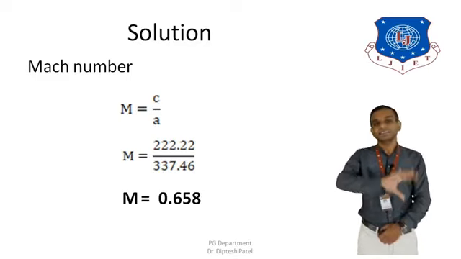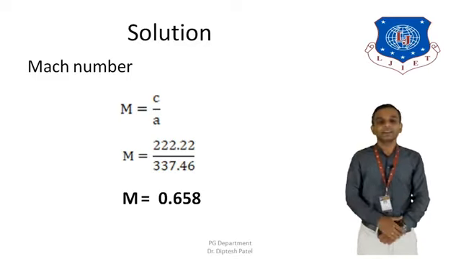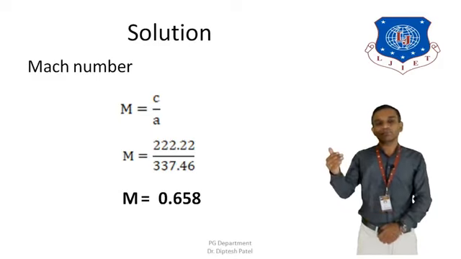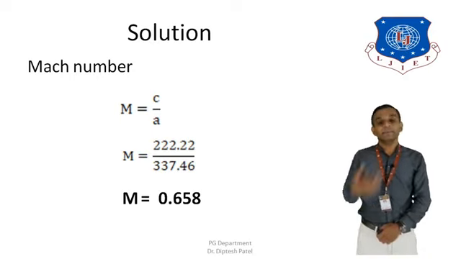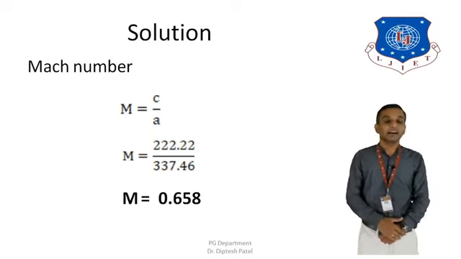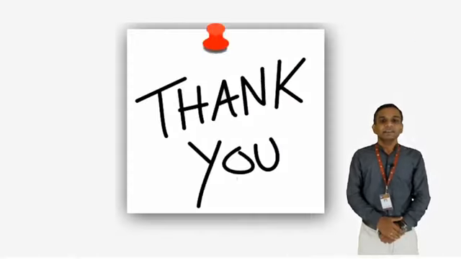So this is all for this numerical. In this numerical we have to find the values of three different things: static temperature, static pressure, and Mach number. If we can solve this numerical, we can get the 7 marks, and these kinds of numericals are even asked in exams. So if you have any doubt regarding the numerical, you can write it down in the comment box,